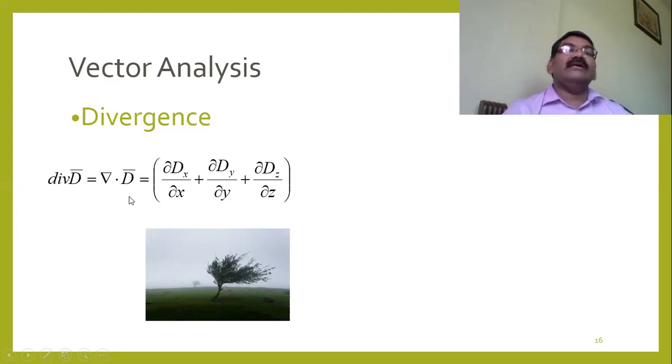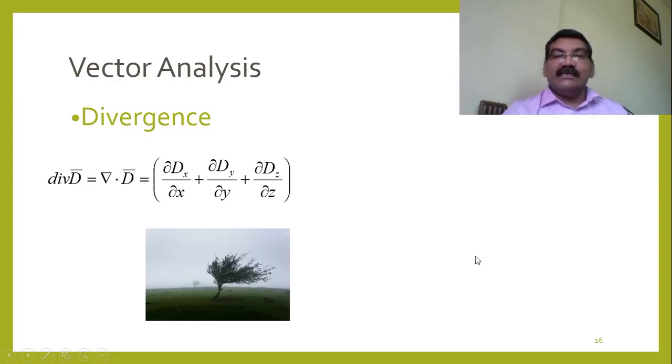Now we are taking here the dot product. Previously it was simple multiplication; now here we are taking a dot product. This is a vector, this is a vector. Both are vector quantities. The dot product of vector quantities is a scalar. So we have partial differentiation of x, partial differentiation of y, partial differentiation of z: ∂/∂x, ∂/∂y, ∂/∂z. And what is this? D_x, D along the x-axis, D along the y-axis, D along the z-axis.